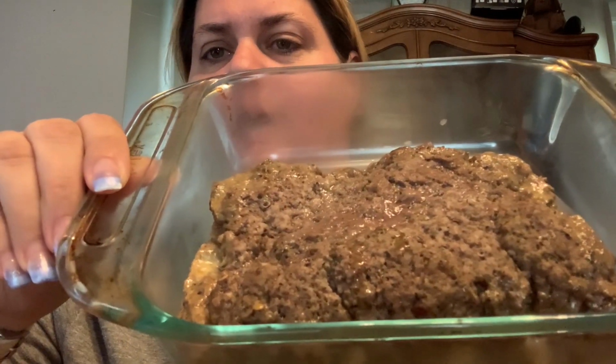Okay, stay tuned. All right, guys, so I transferred pans because the other one had a lot of the cheese juice and stuff. So here is what the meatloaf looks like. It just came out. Now that it's all juicy and delicious, now I'm going to go ahead and put some ketchup on top of it, put it back in for about 10 minutes, and go ahead and bake it up because that is how I make my meatloaf